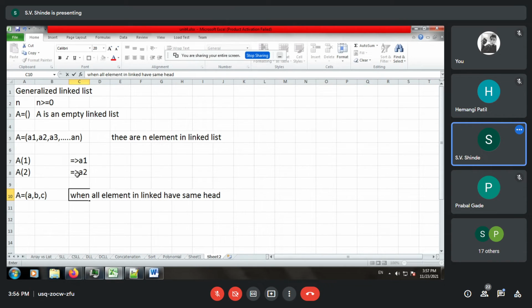Okay. So when all elements in the linked list have same head and it doesn't have